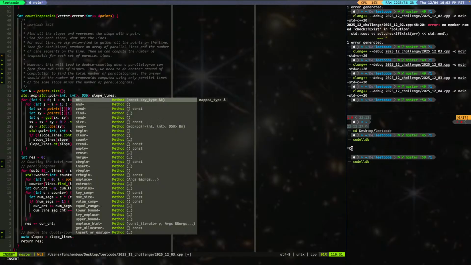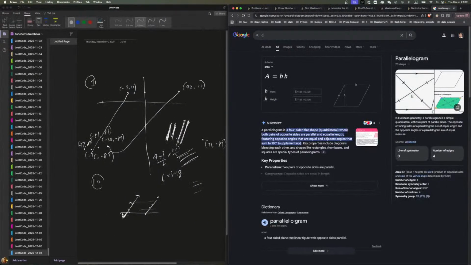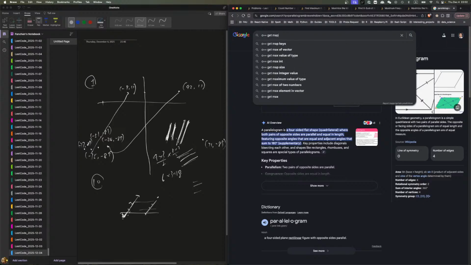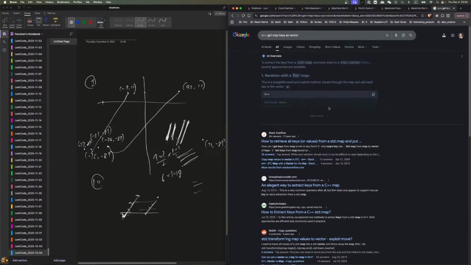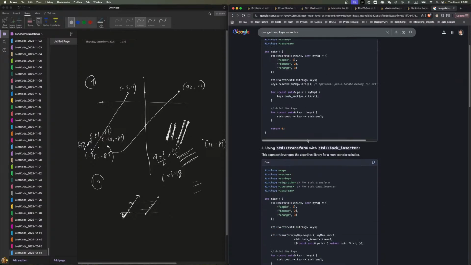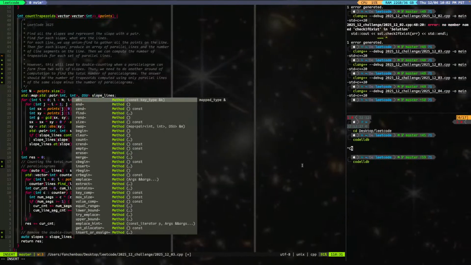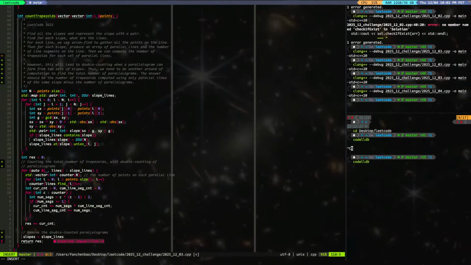I don't know how do we get the keys? C++ get map keys as vector. Transform back. Alright, that's not how I want. Yeah, let's just say vector of